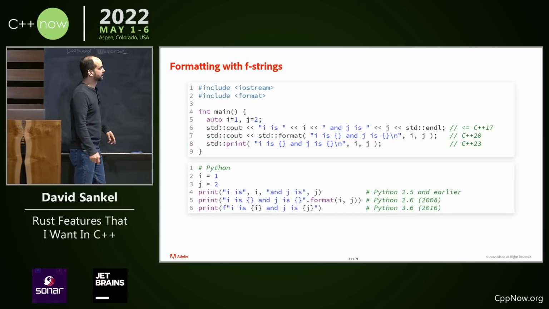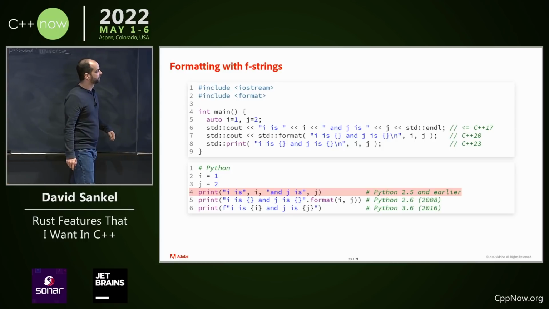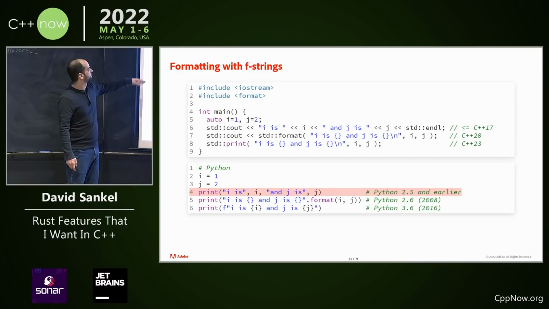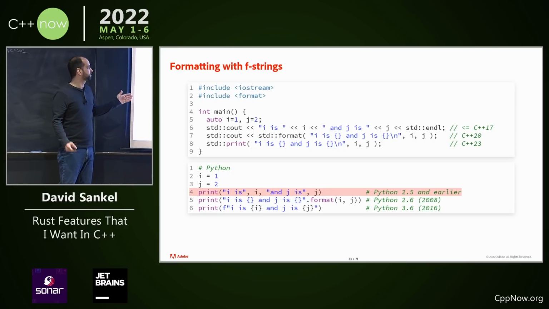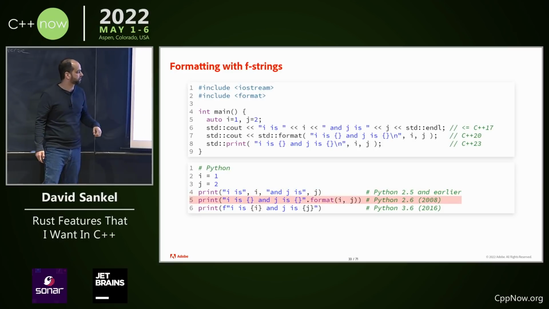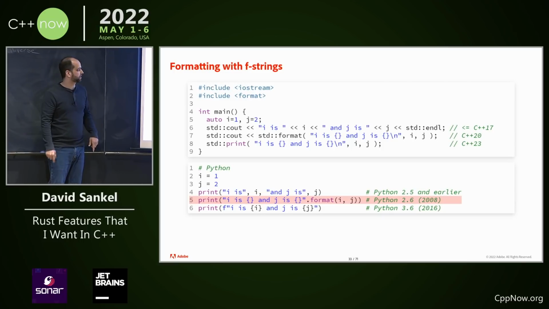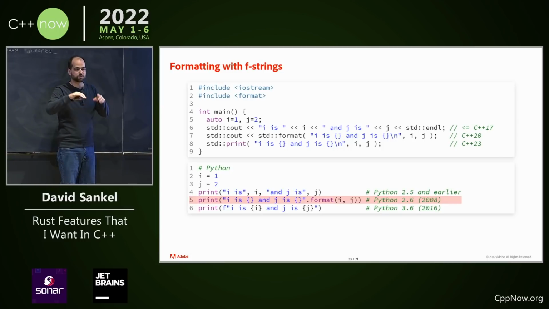Now let's look at Python. Python actually had a similar evolution, except they started with something, well, I guess they started the same, kind of like line 6 up here. You have commas, it's a little bit tighter syntax, but they still wanted to do something better. So then in Python 2.6 in about 2008, they added the curly bracket notation, and you basically have string.format, and that's where you put in your substitutions essentially.